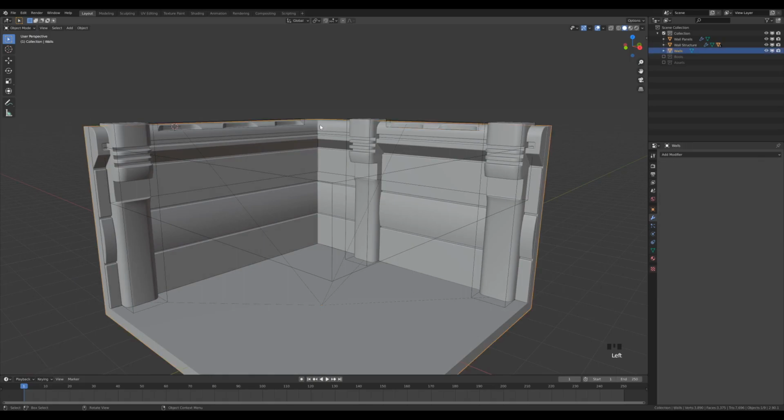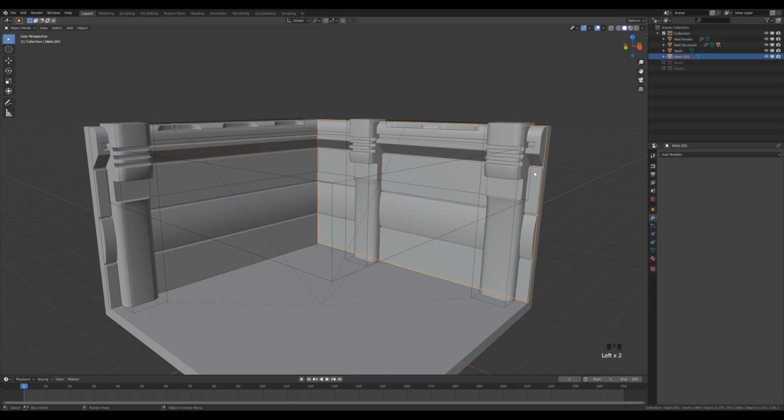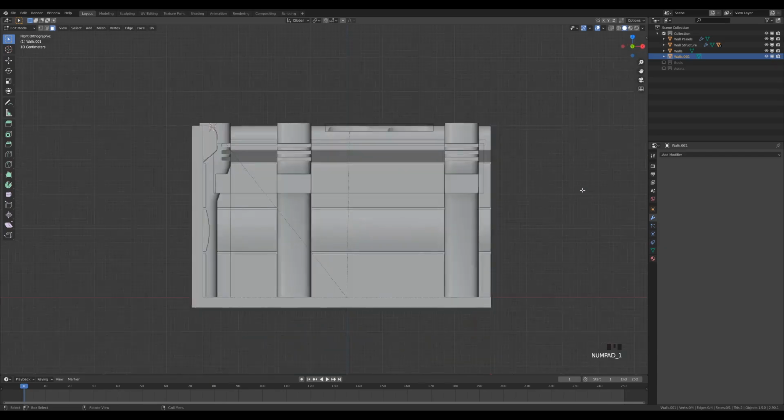Let's just select the room object and go into the edit mode. I will press 3 for face select and select this wall. Let's press Shift D, enter to duplicate, and P, enter to separate, and we have now created a new object here. And now we can select the new object, go into the edit mode, look from the front with 1 on a numpad,